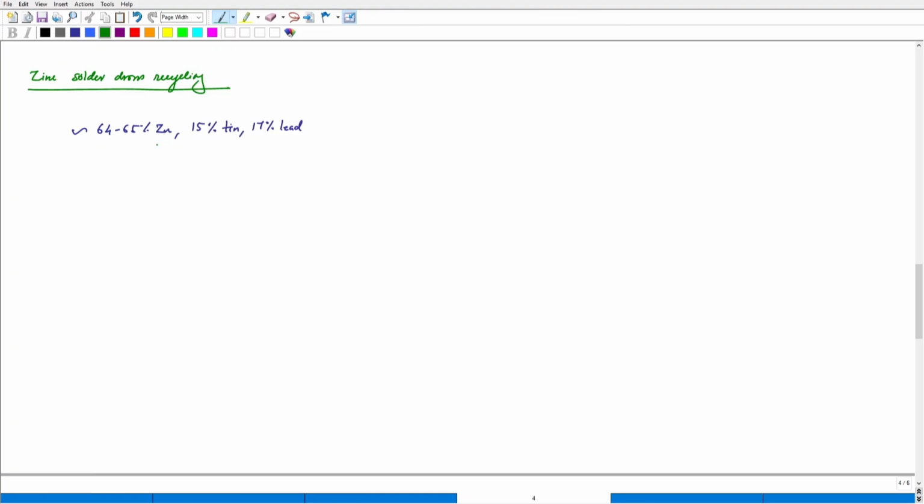Not as rich as the conventional zinc dross, the hard zinc that we have been discussing as of yet. This solder zinc dross is relatively lesser rich in zinc, but it has other valuable materials like tin and lead. So we know that if our zinc dross has nearly 65% zinc and we have tin and lead of around 15%, we can try and think of devising a route for zinc